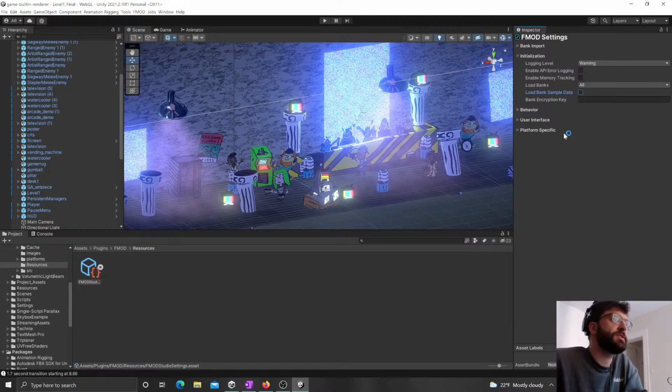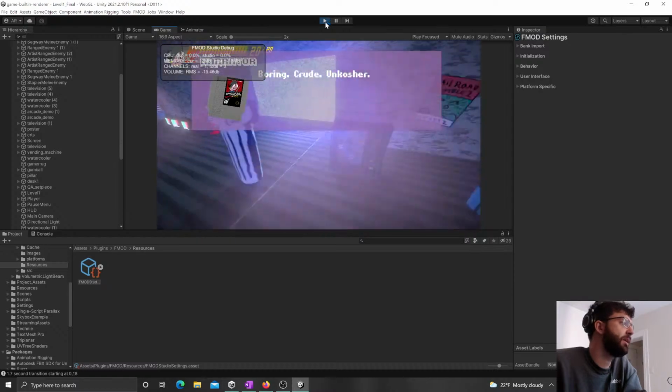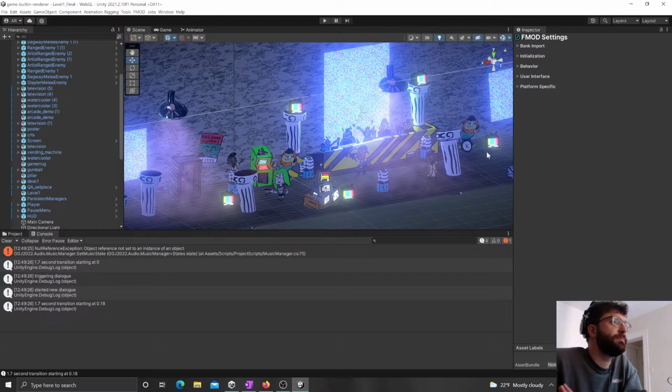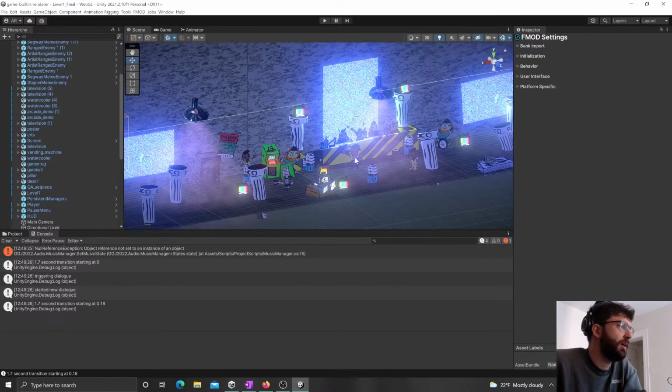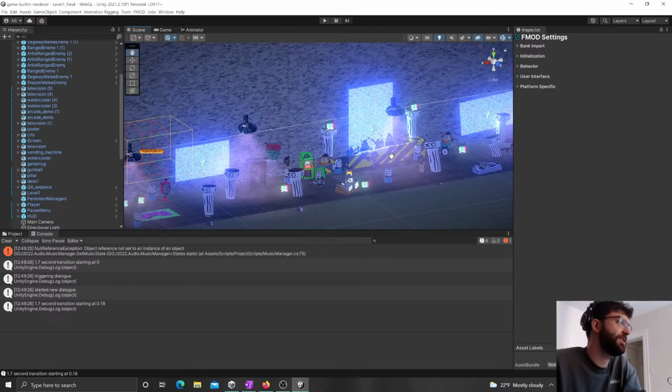It's going to do some weird stuff, but if I run this again, we see that, does it take long? Nope, it's fine. But basically, if I build this and run it in WebGL, it's going to be silent. Just to verify that it's still broken, because it is,